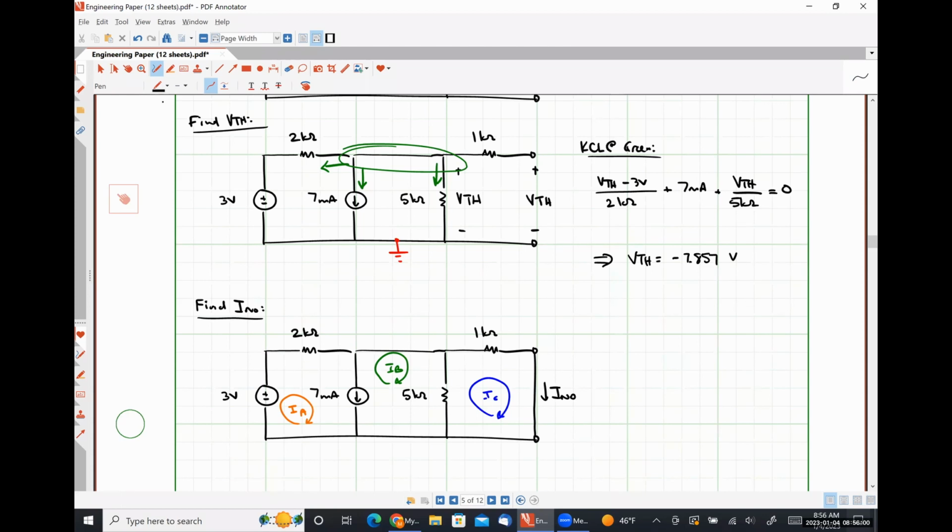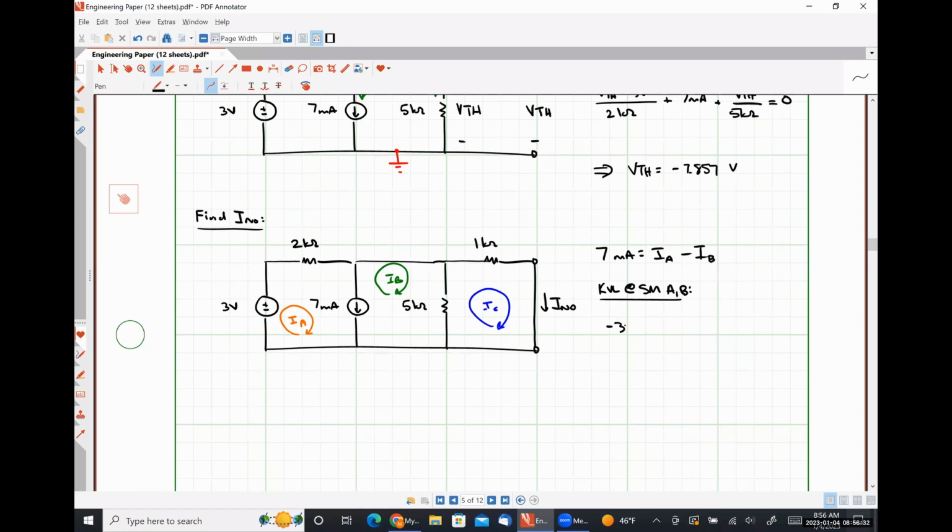We don't have a dependent source, but we do have a current source. So we're going to need a current relationship equation. So that is going to be 7 milliamps is equal to IA minus IB. We also have a super mesh because we have an interior current source. So that super mesh is between meshes A and B. So KVL at super mesh AB